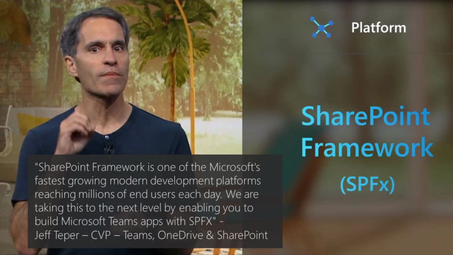Just to recap on that statement, we have two quotes from Jeff Teeper related to SharePoint Framework, because we are in the SharePoint Framework community call. The first one was this: SharePoint Framework is one of Microsoft's fastest growing modern development platforms, reaching millions of end users each day. And we're taking this to the next level by enabling you to build Microsoft Teams apps with SPFx. So we're making really big investments right now and focusing resources on making the SharePoint Framework the professional development platform also for Microsoft Teams. You can use it there already today, but you will see more investments and more capabilities in